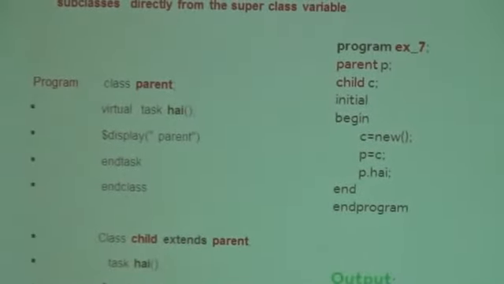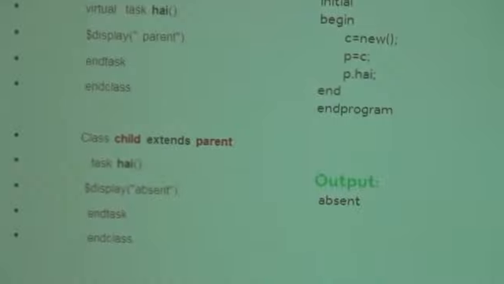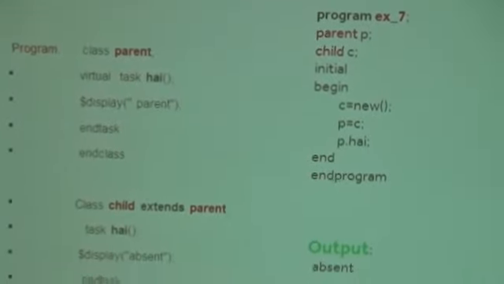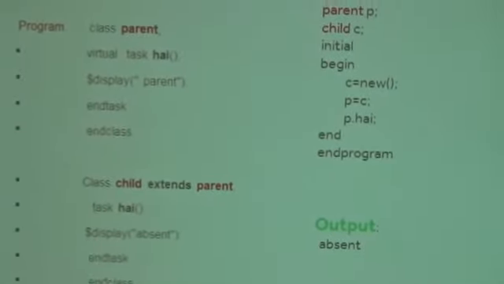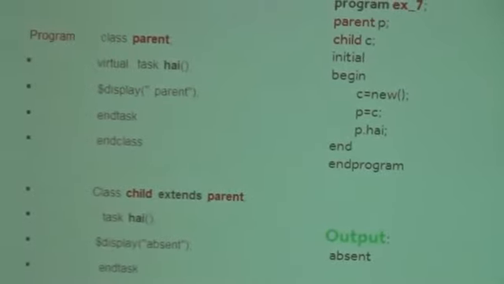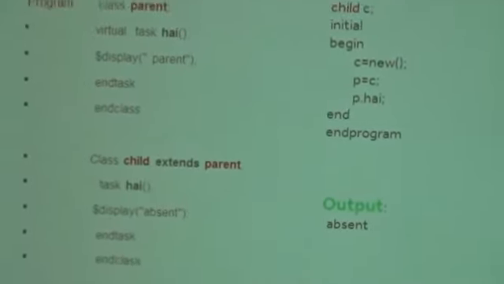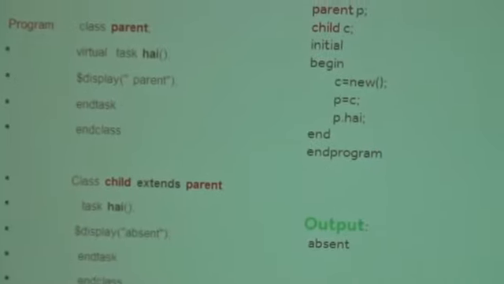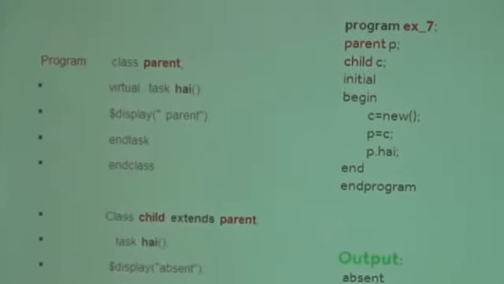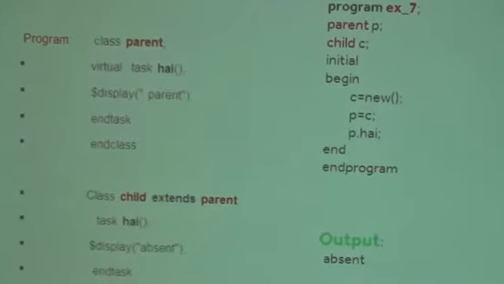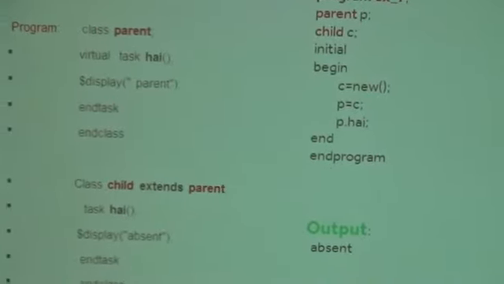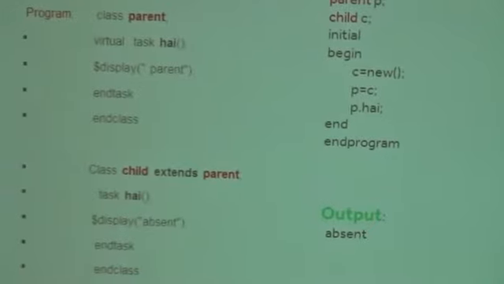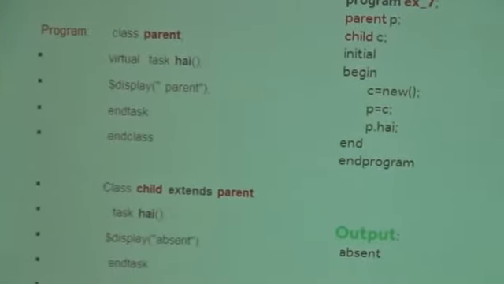That means I was accessing the derived class methods from a superclass variable by creating the object only for the subclass but not an object for the parent class. That means here the working phenomenon is that the task which is declared with virtual gets overridden by the task with the same name in its derived class. This is the working phenomenon, and the whole thing is called polymorphism. That means we are going to describe the operation of a task in the parent in many different derived classes, the same task.